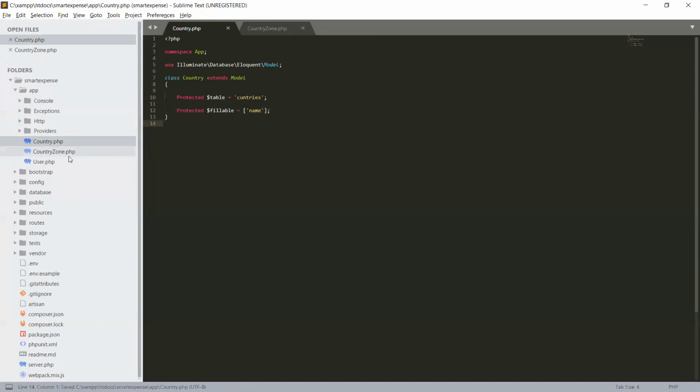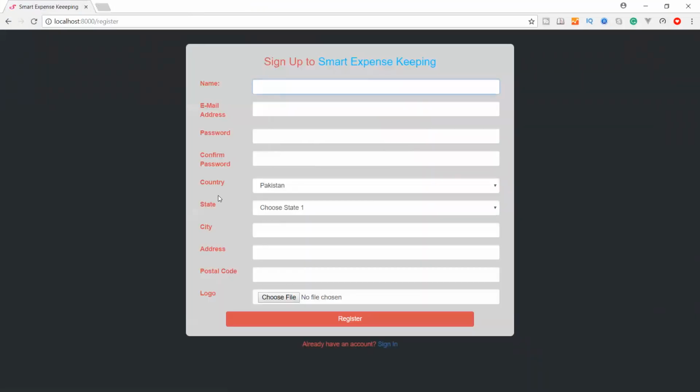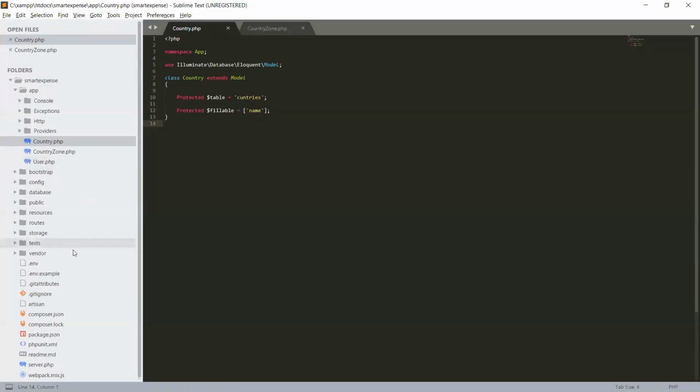And we will do the same thing in our User model. We will have to define the fillable fields, the custom fields we have used in our login form. These are the fields we have defined: country, state, address, and other fields in our migration.